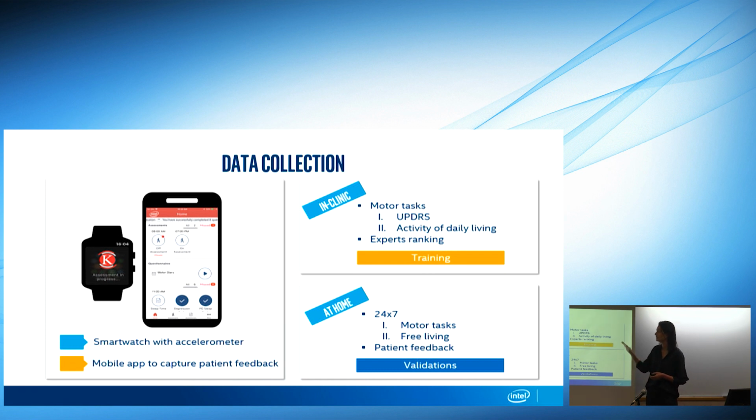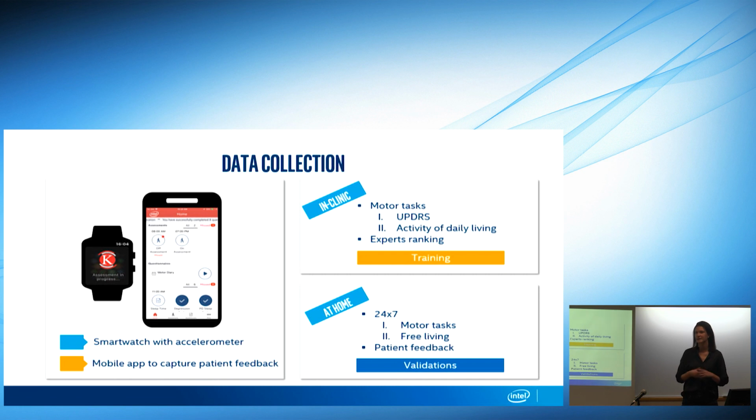The data that we have collected is divided into two data sets. The first one is the one that we are collecting in the clinic. In the clinic, we have experts, we have clinicians that have done that work forever, and they know to look at a patient and say, well, this is the severity of the symptoms that we currently see. So when the patients were in the clinic, they performed the tasks. We recorded those tasks using the smartwatch, collected the accelerometer data, as well as the expert rating.